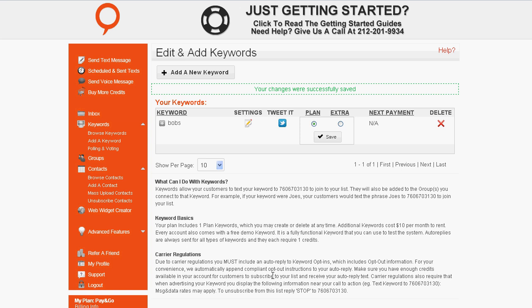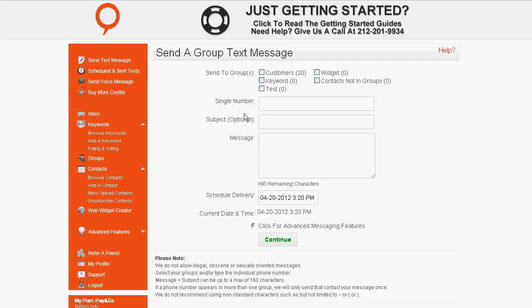So we've gone over the ways in which you can add your contacts and set up ways to have your list grow with new contacts. So with that set up, let's go ahead and send out our first message. So I'll click on the Send a Text Message option, and here I am on the Send a Text Message page. First step is to choose the group or groups I want to send to, and then move on to